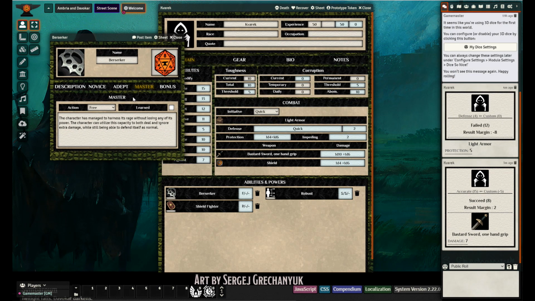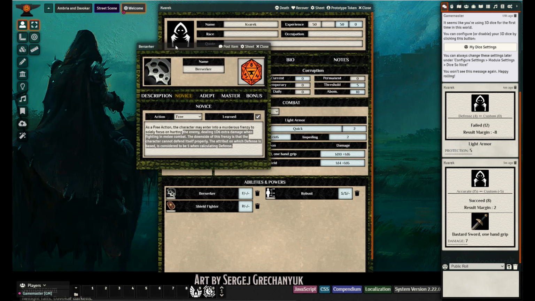So now we have the descriptions in here. So if I now go into Berserker, my players or myself can see this very easily and say, oh right, yes, I've got this ability here. So you can just play it from there. But you can also do some of the